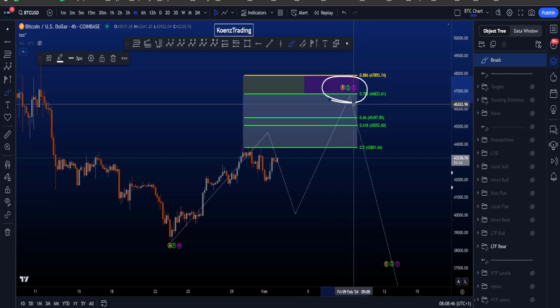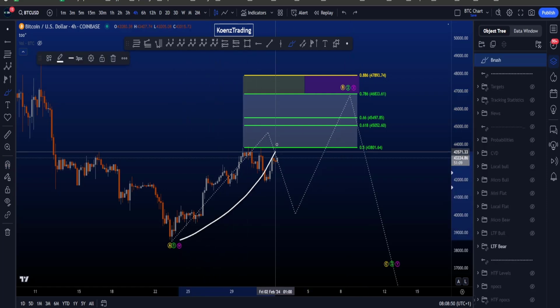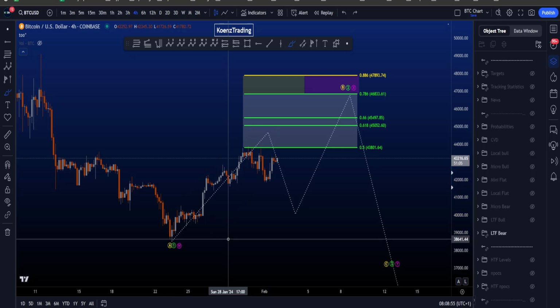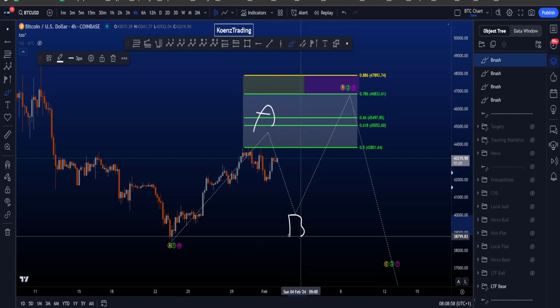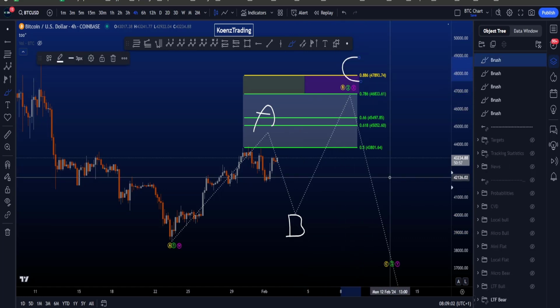2 or X, which in all cases is a 3-wave corrective structure, and because this first move to the upside has the highest probability of being a 5-wave move, which in this case is then a wave A, it makes life quite easy as we are then looking in all 3 of these scenarios for an A, B, C zigzag structure